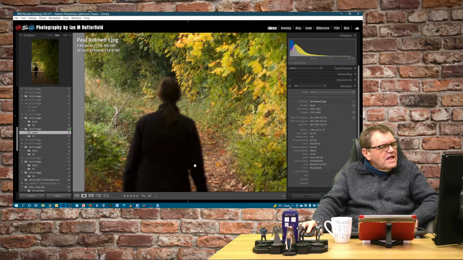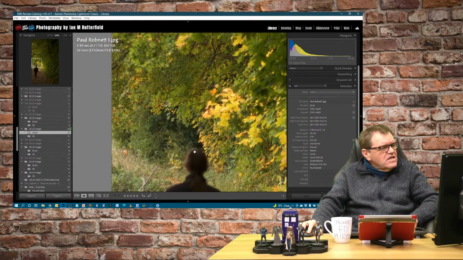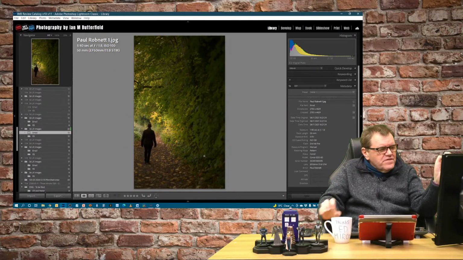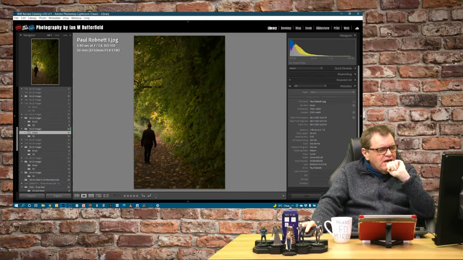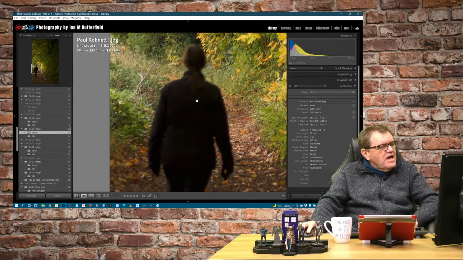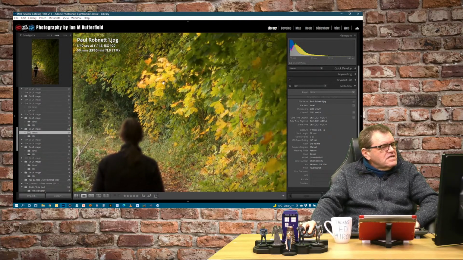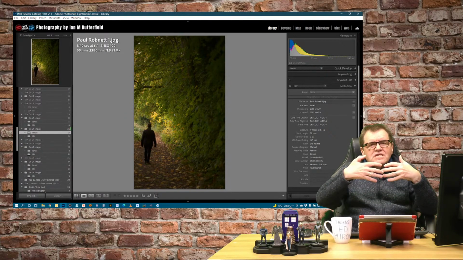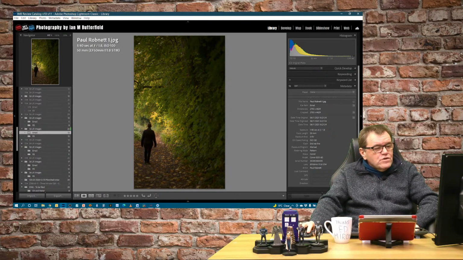How sharp are we? Right, okay, here's the other thing. With something like this, what's the subject of the image? The subject of the image is the person walking down here. So that's the thing I would expect to see in focus. But your focus is latched onto the background rather than the person. So I would prefer to see the person in sharp focus and then let the background just disappear off into the blur. Again, you're another one shooting with a very shallow depth of field here.